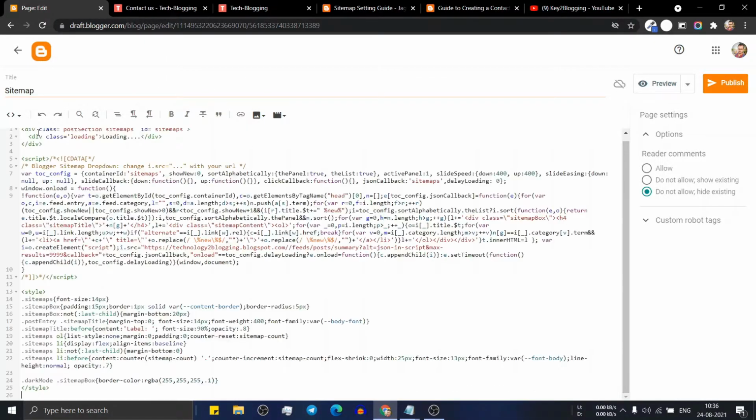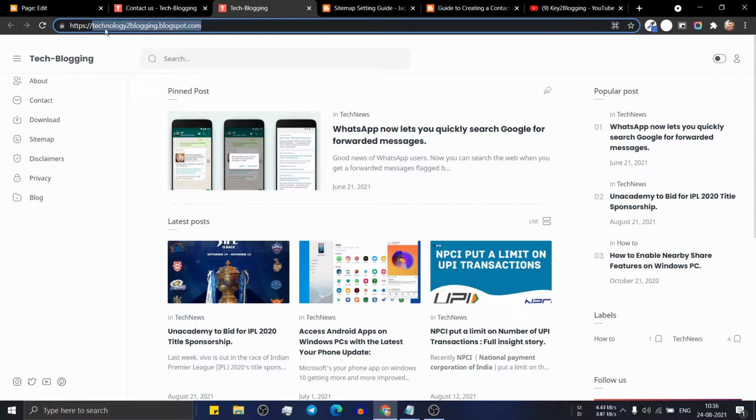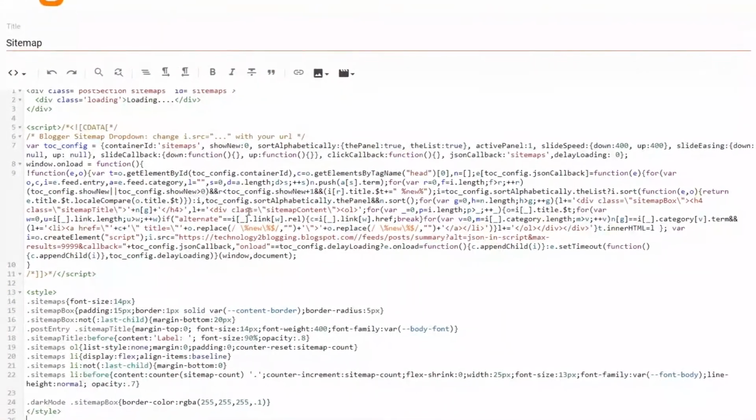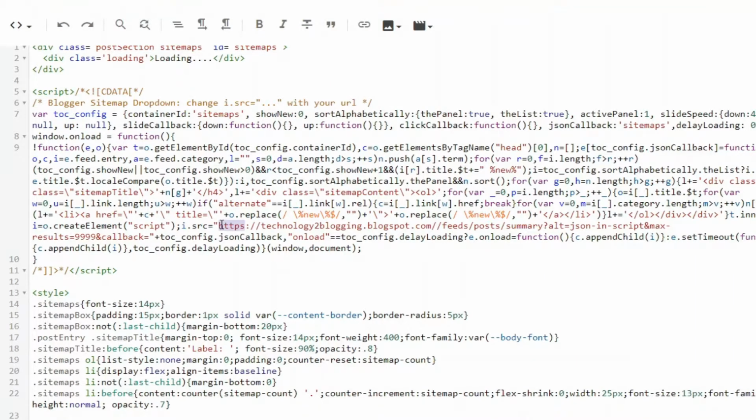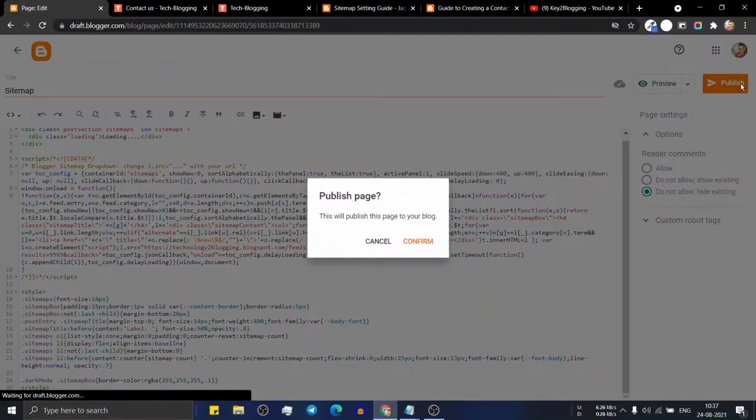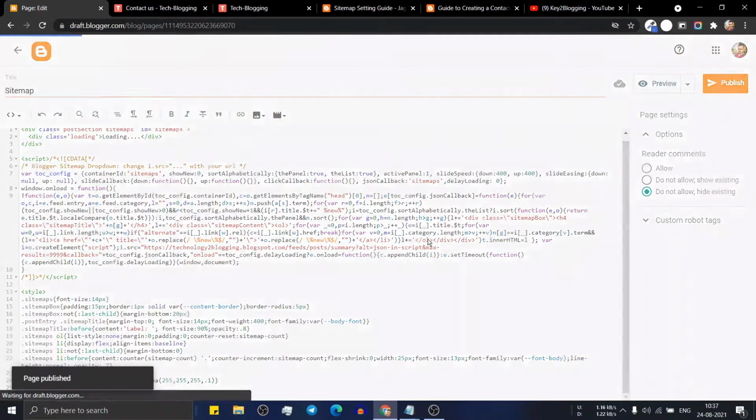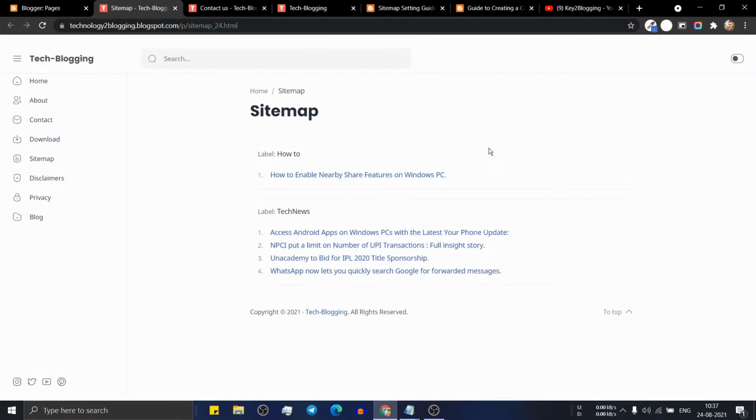So here paste it. Now here you have to change the website URL. So just go to your website and copy this website URL, and here you have to change it here in the source URL. So this is the website URL. So just change it like this. Now click on publish, click on confirm, and now let's check if the sitemap page is working or not. So here as you can see, the sitemap page is loading,